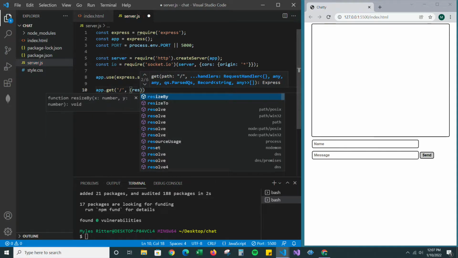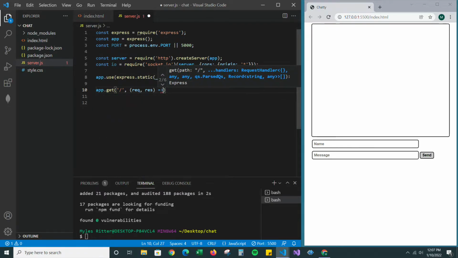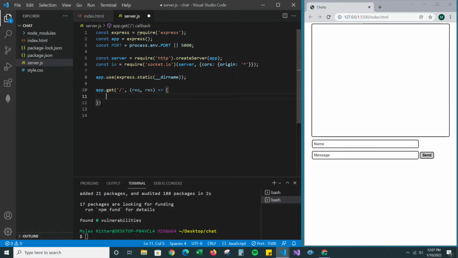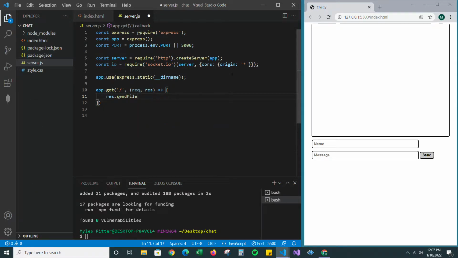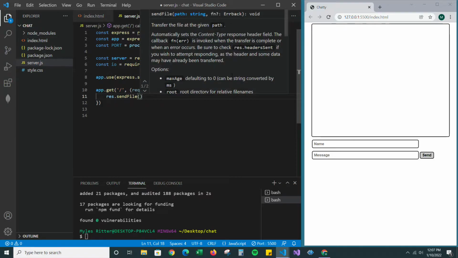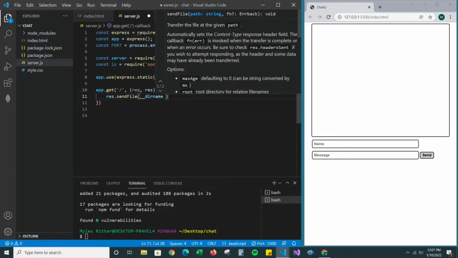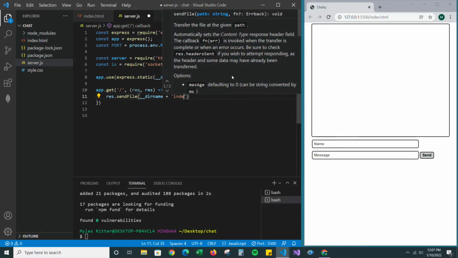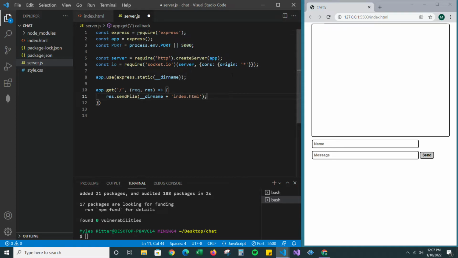So we're going to say request response and res.sendFile, directory name plus index.html. Okay,